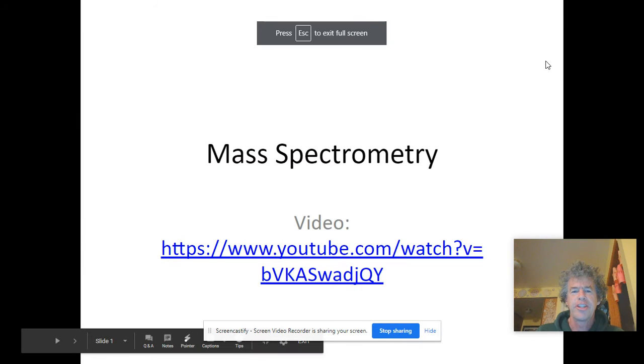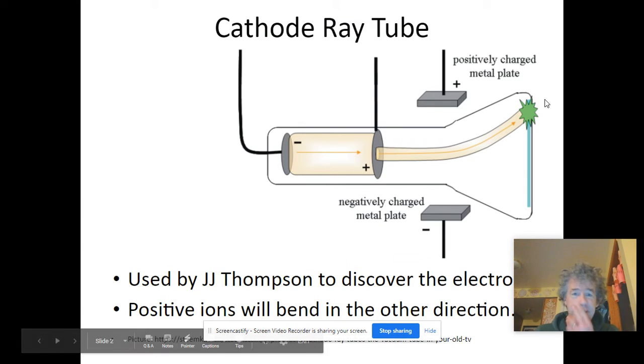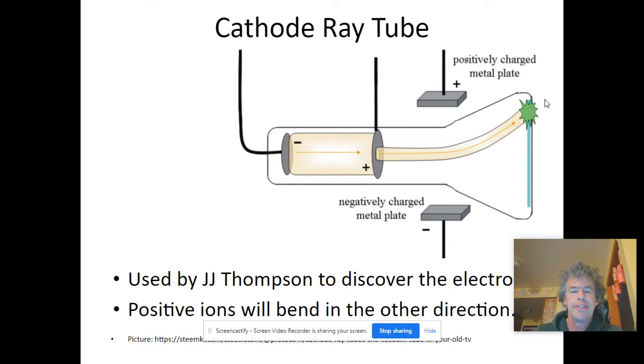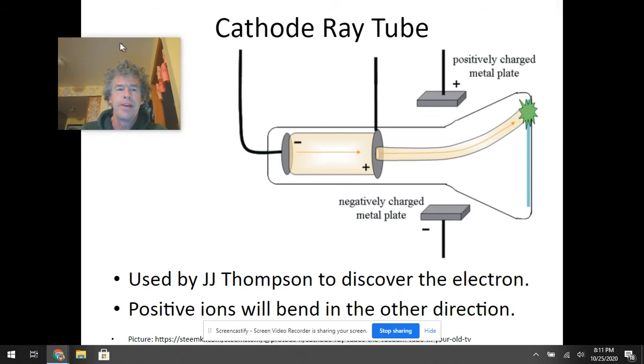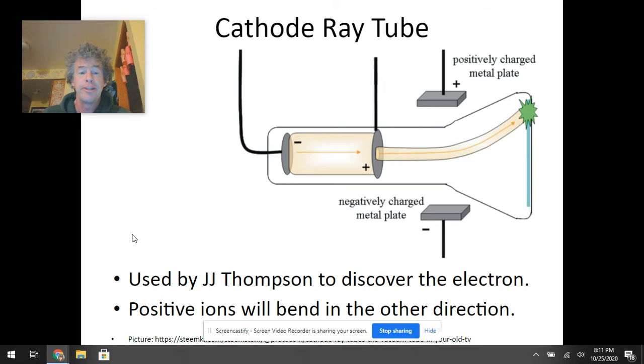So today I wanted to talk just a little bit about mass spectrometry. And basically, what happens there is there's a cathode ray tube. It was not invented by J.J. Thomson, but it was used by him to discover the electron. And it's using the same principle that he used, where a particle is emitted here and